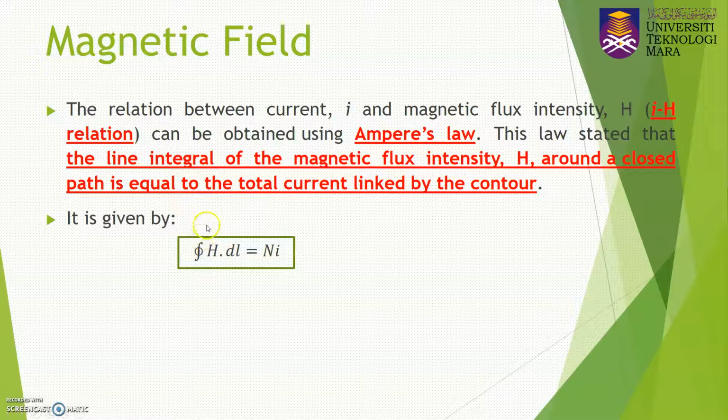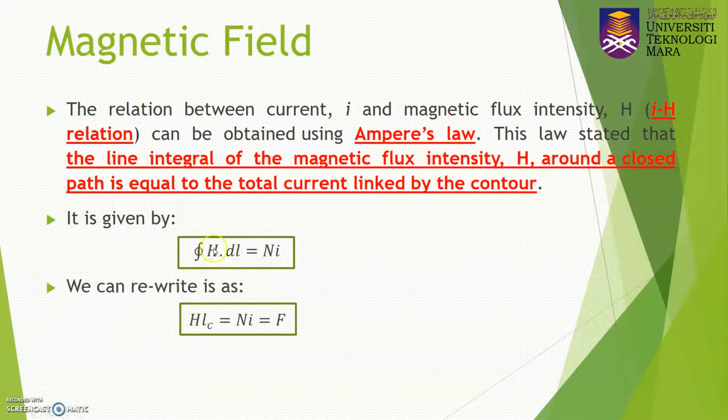If you integrate H over the closed path dl, it will be equal to the number of turns multiplied with the current, Ni, which represents the total current linked by the contour. This equation can also be rewritten: if you integrate 1 over dl, you get LC only. H you can bring outside, so you get H multiplied with LC equal to Ni,